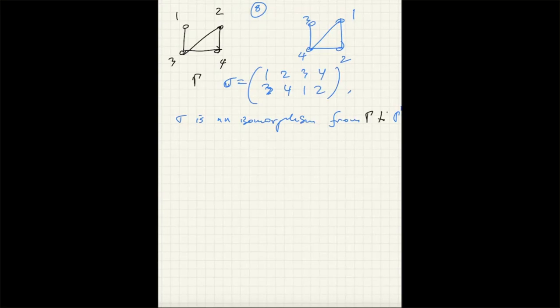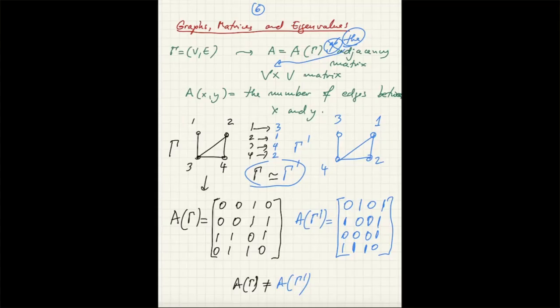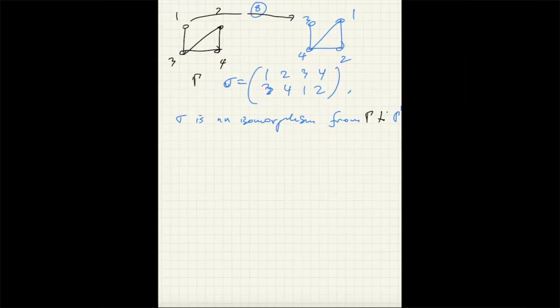Okay, I think that's pretty clear because it maps 1 to 3, maps 3 to 4 here. So you have an edge between 1 and 3 only if you have an edge between 3 and 4. Sorry, this is the wrong one here. 3, 1, 4, 2. So 1 goes to 3, that's okay, but 3 has to go to 4. It's okay. And then